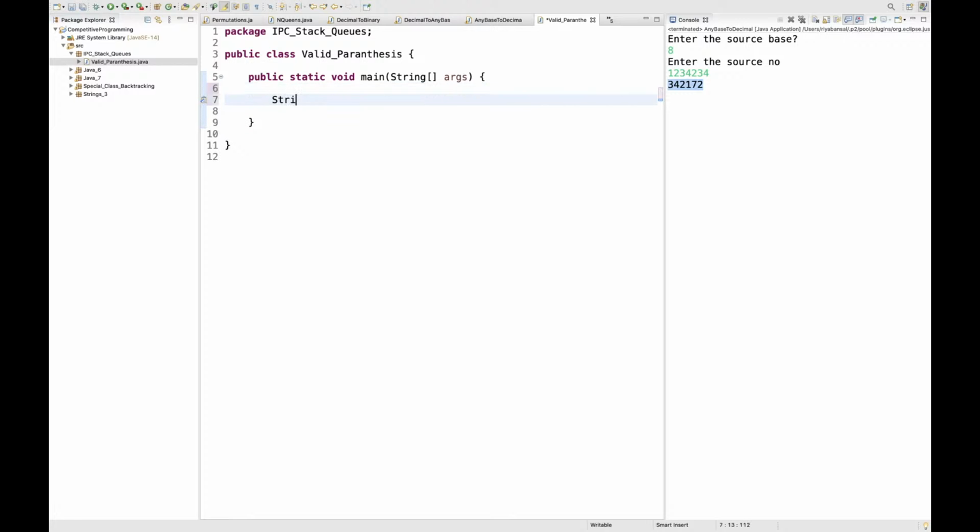Let's say the string str is going to be this. Let's take a valid string only, then we will take the example of invalid strings also. Let's say I write a function here which basically tells if it is valid or not. Let's print its output, which is going to be simply true or false.